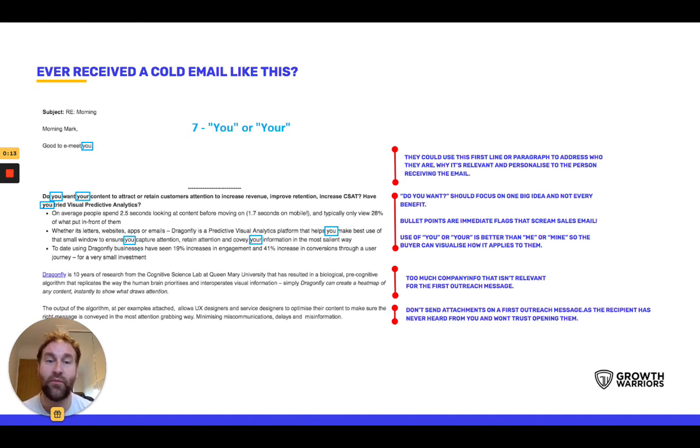Also, what they've done really well is the use of you or your rather than me, me, me. You want to use you, you, you. And that can help the buyer visualize how it applies to them and what they're going to get out of it, basically. And in a first email,